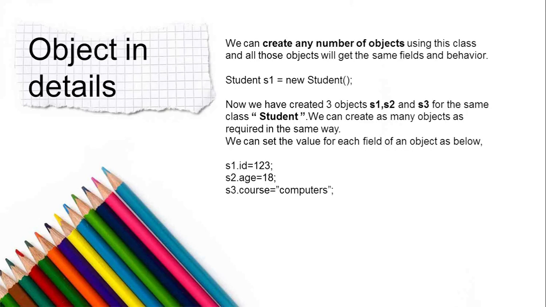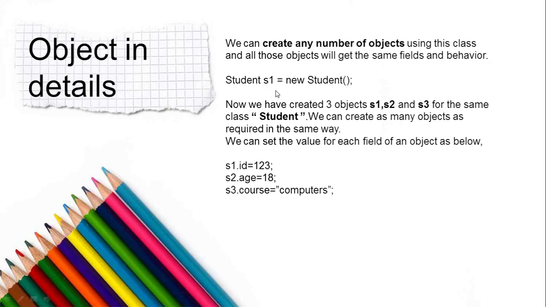Now we'll see about the object. From this particular class Student, we have created one object. What's the name of the object? S1. How have we created this? Look at my cursor in this particular line. We have created the object S1 by using this syntax: class name, space, name of the object, equals, new keyword. It's the Java keyword which you have to use for creating an object. Space, the class name, open the bracket and close the bracket. Yes, so this is an example of creating a simple object. S1 is an object we have created here.